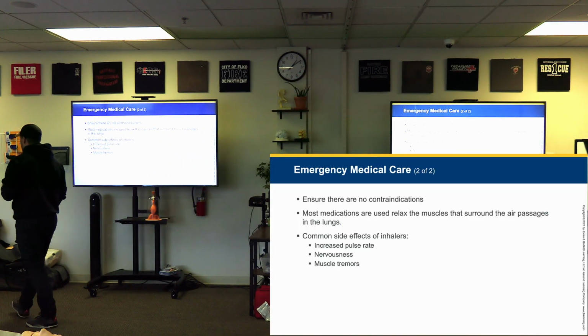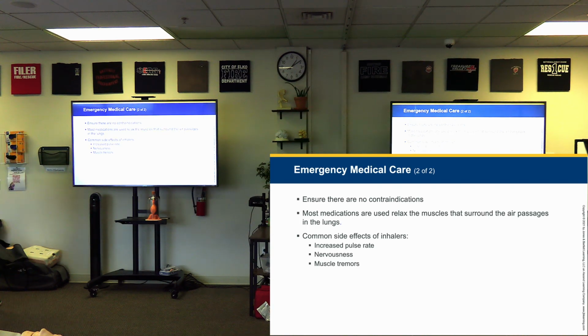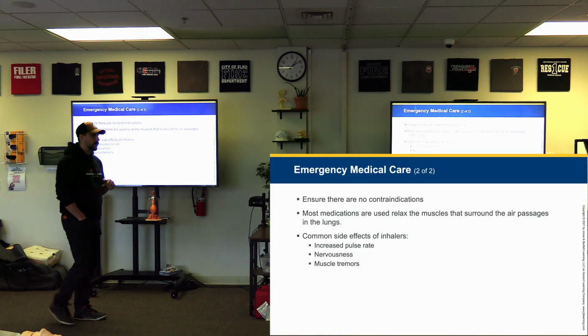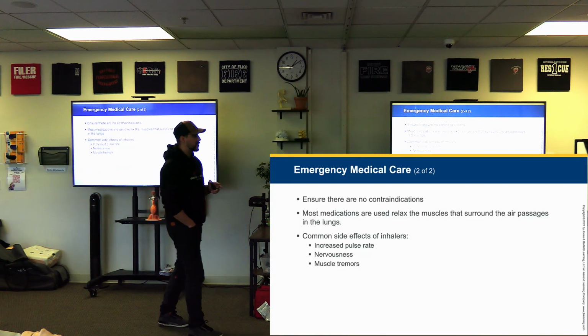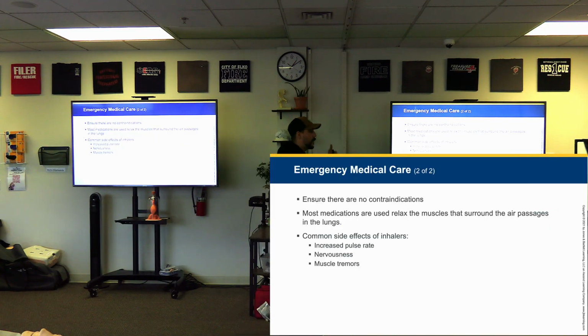When it comes to true contraindications to albuterol, the only one that's ever been really noted is marked tachycardia, meaning that they're ticking along at 140, 150, right, consistently, and then we give them this and it just makes that number go up. But at the end of the day, think about it: if the body's not perfusing and not oxygenating its blood very well, it's going to try and circulate the blood it does have faster. Okay, so it's not uncommon, or even anxiety and panic, right? These people are probably going to be a little bit scared, a little freaked out. Well, when we're freaked out and scared, our heart rate goes up, right? So don't put too much stock in that, but make sure you know your local